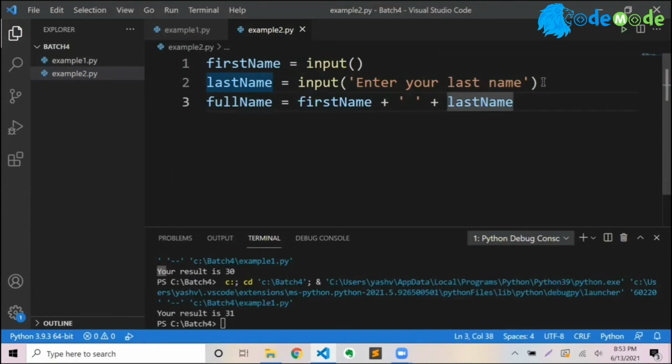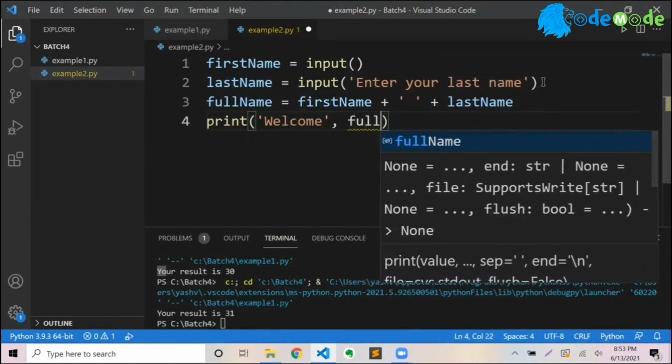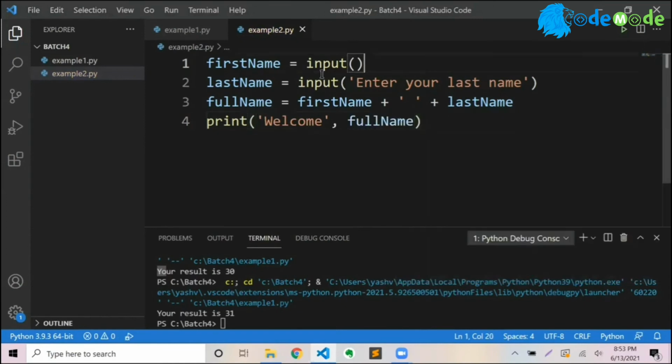So in this way, now I want to finally print, and again you can see print is in light yellow, and I want to print my full name. But this time I want to say welcome, and then I want to say full name, right? So I'm taking input as first name, another input, my last name, and print.